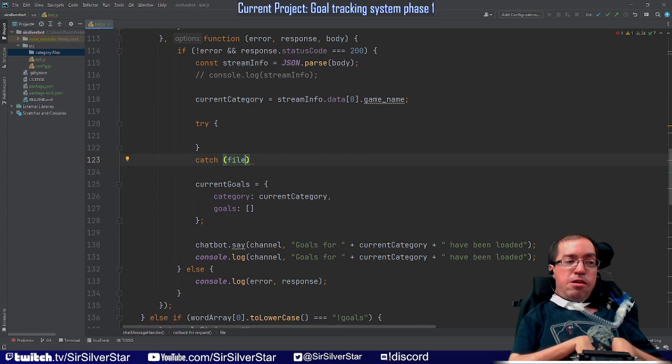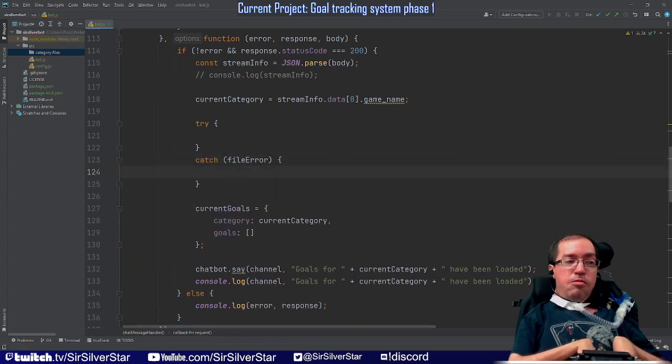I'm going to call the error object in the catch block file error, since we already have an error up here. If we get an error, we're just going to console.log and print the file error. Now,